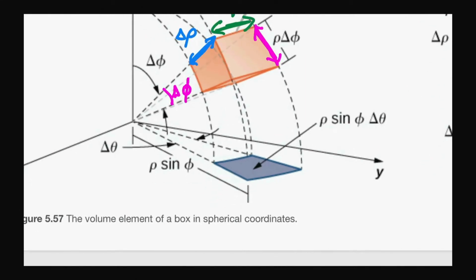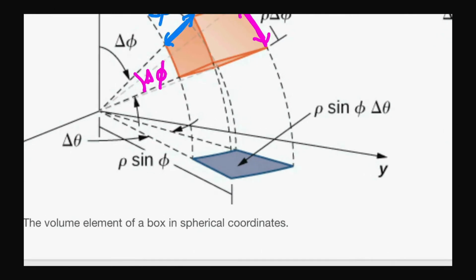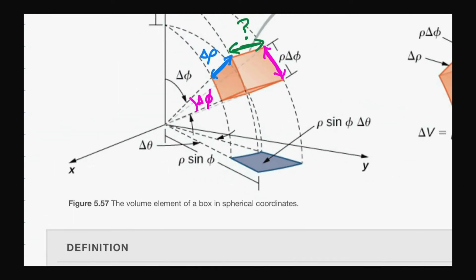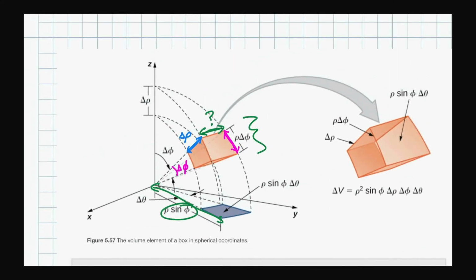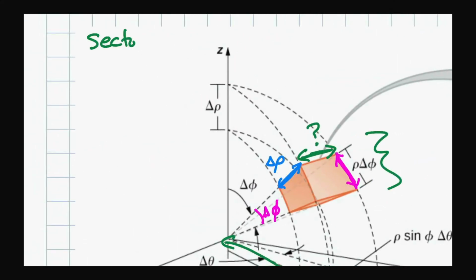So what they do is you take the shape of the actual volume, and you project it down into the XY plane. So you get this kind of shadow here. And then when you do that, what they're saying is that in order to get this distance, that's not rho anymore. That's rho sine phi. And so if you want to do the equivalent of this sector of a circle,